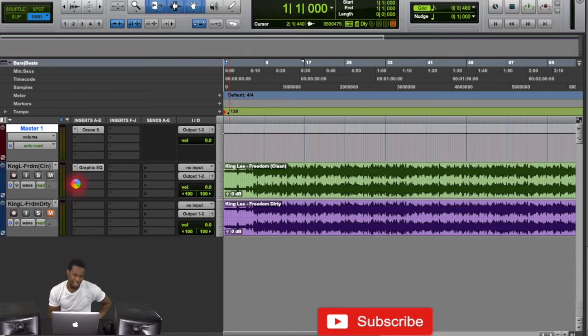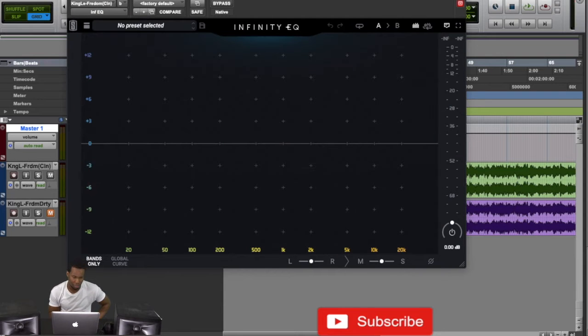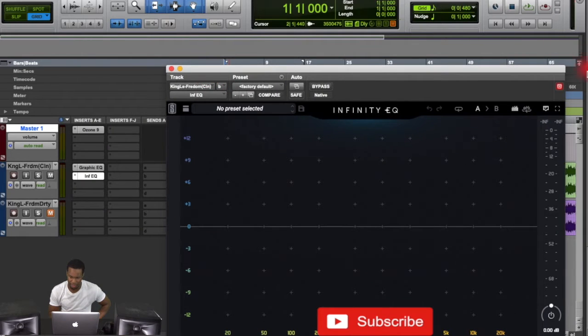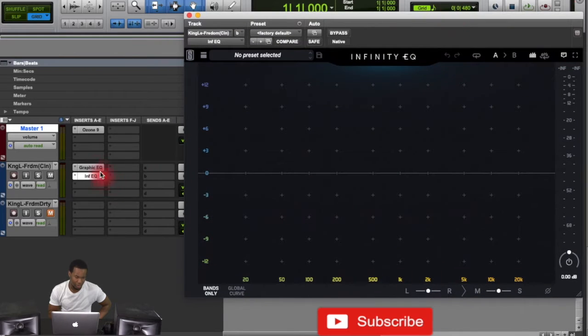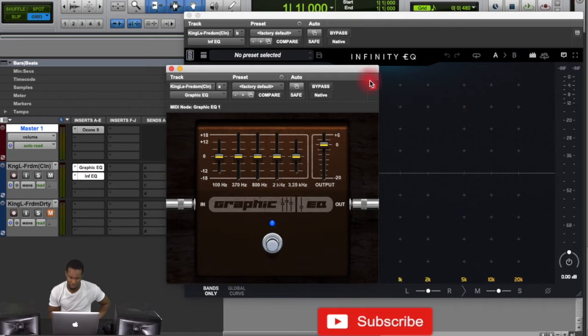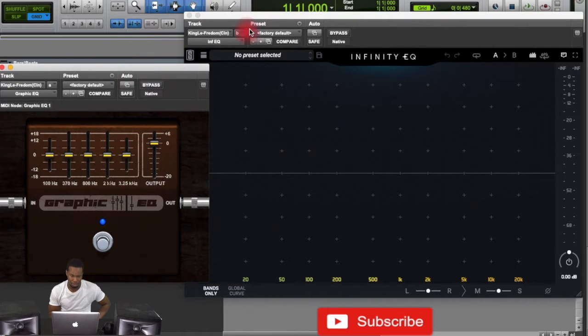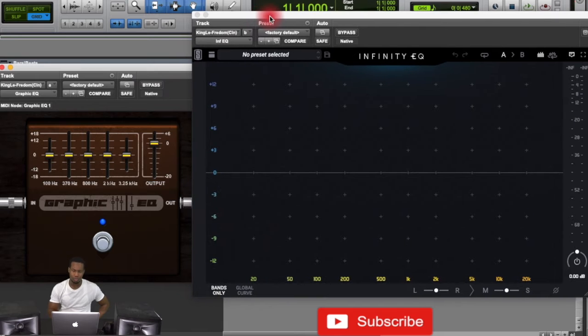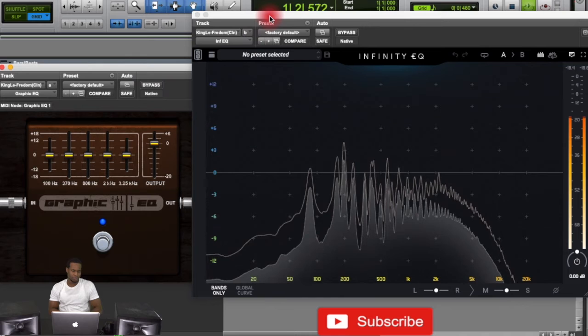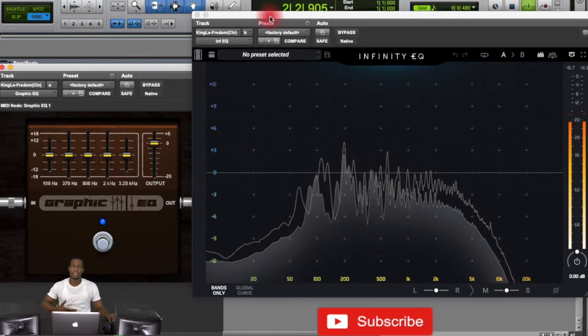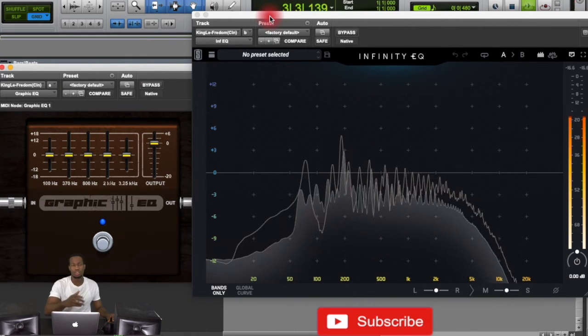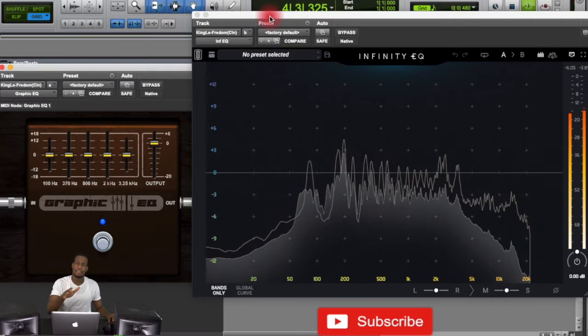Now, the difference in these EQs, first and foremost, is how they look. So I'm going to put them side by side so we can check them out. Of course, they both can process and edit your audio almost the same way. It's more about comfortability when you're choosing your EQ. So I'm going to press play and watch them play out. Automatically, off of rip, as you're looking at these EQs, you can see that the Infinity EQ, which is